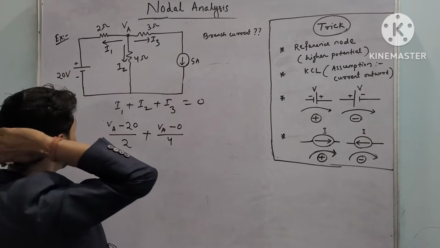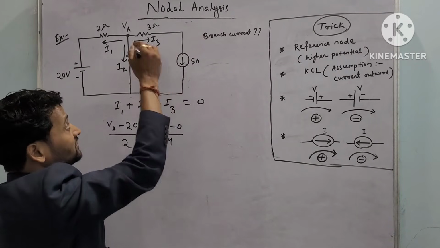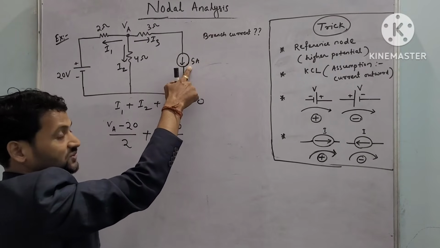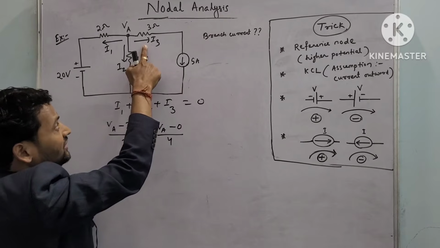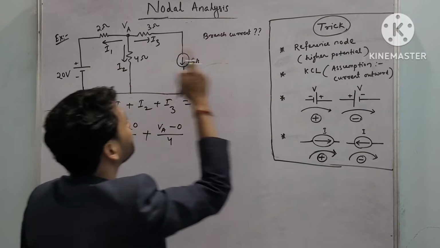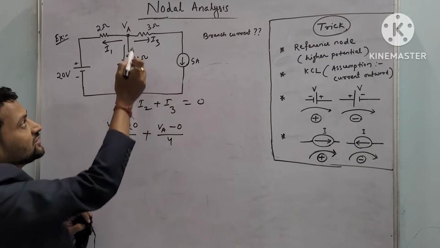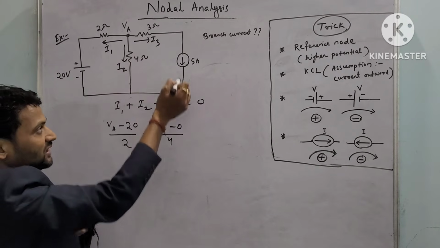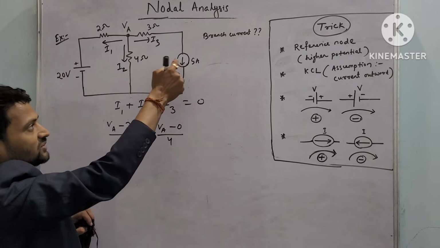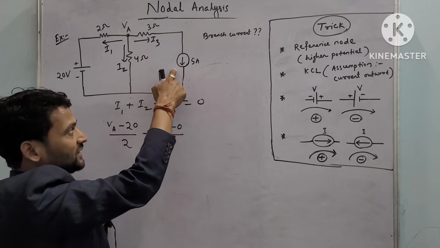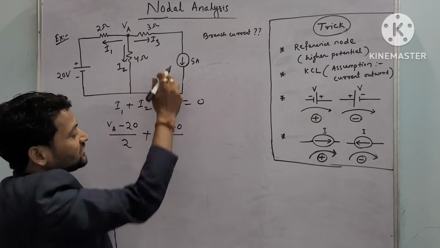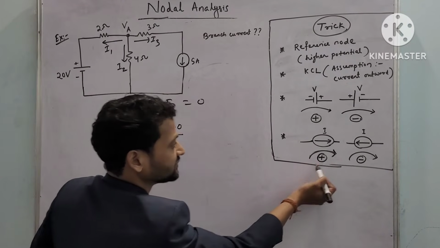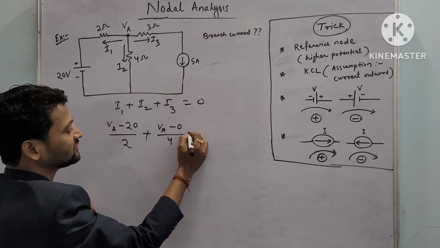And for I3, see, actually current is coming from the junction. Since source is connected, I have changed the polarity. And the current which we assume, it is also coming from the junction. So our assumed current is the same as the current given in the source, the direction of current. So दोनों का direction same है. So मतलब it is taken as positive. The magnitude will be